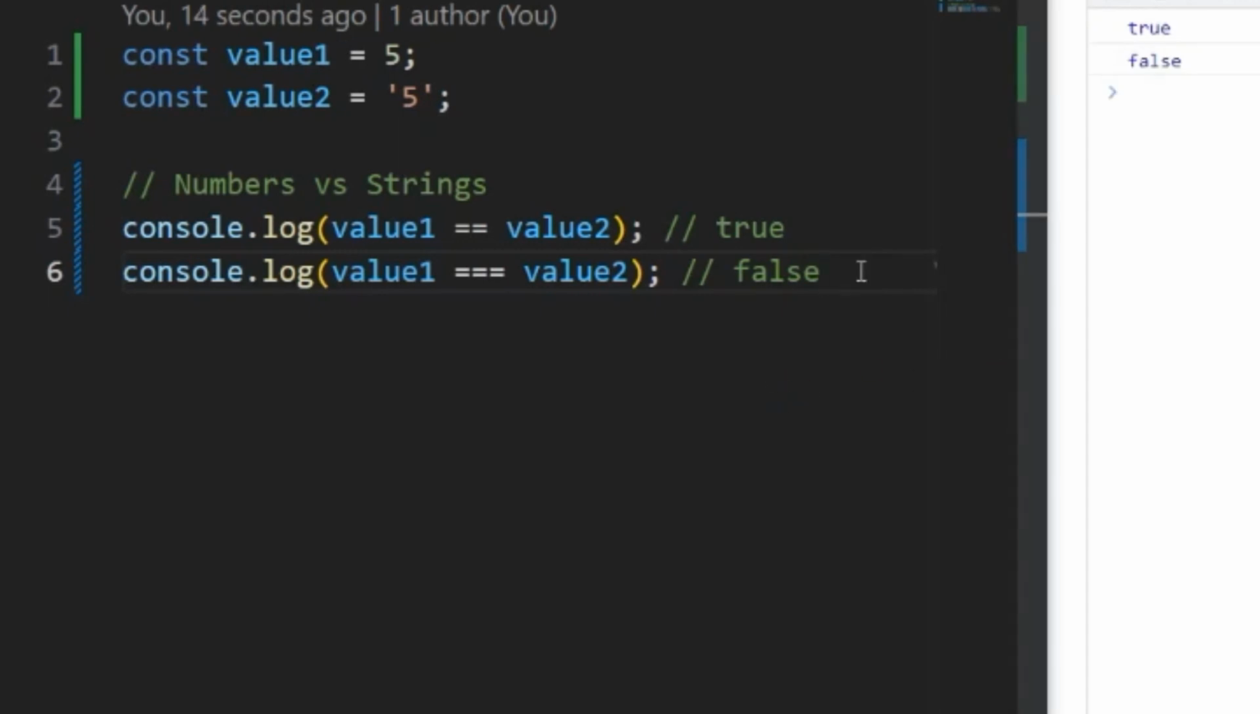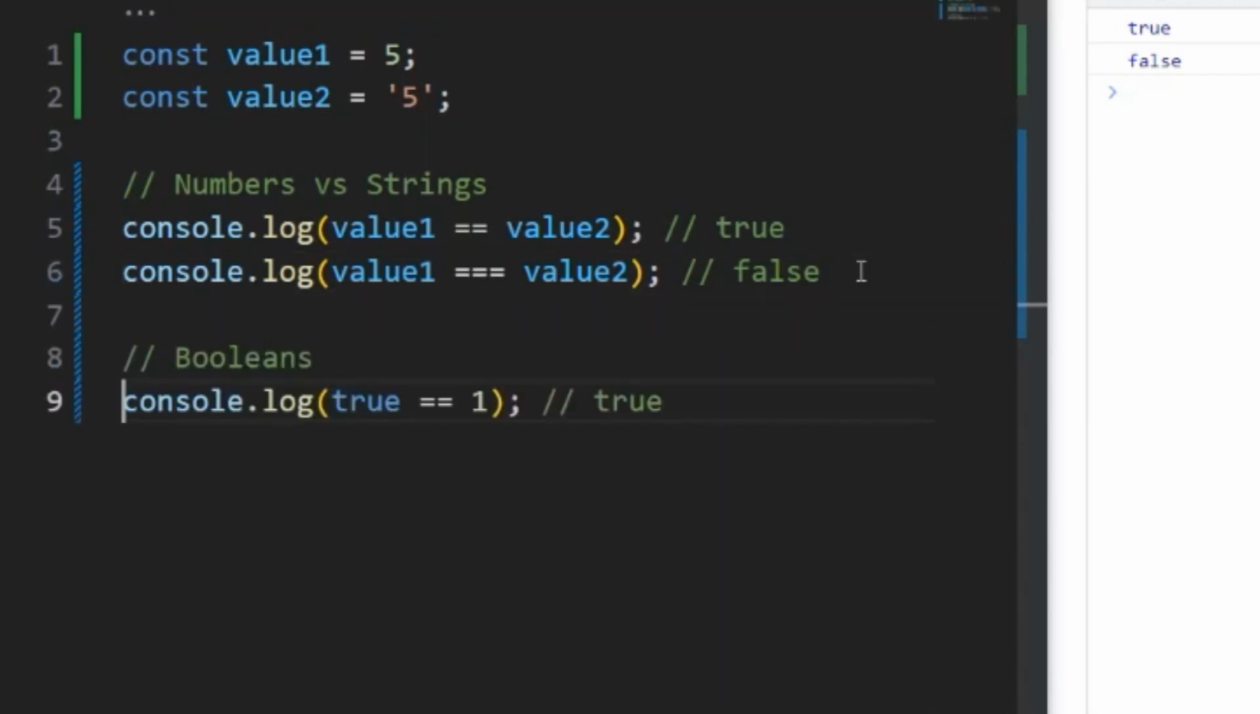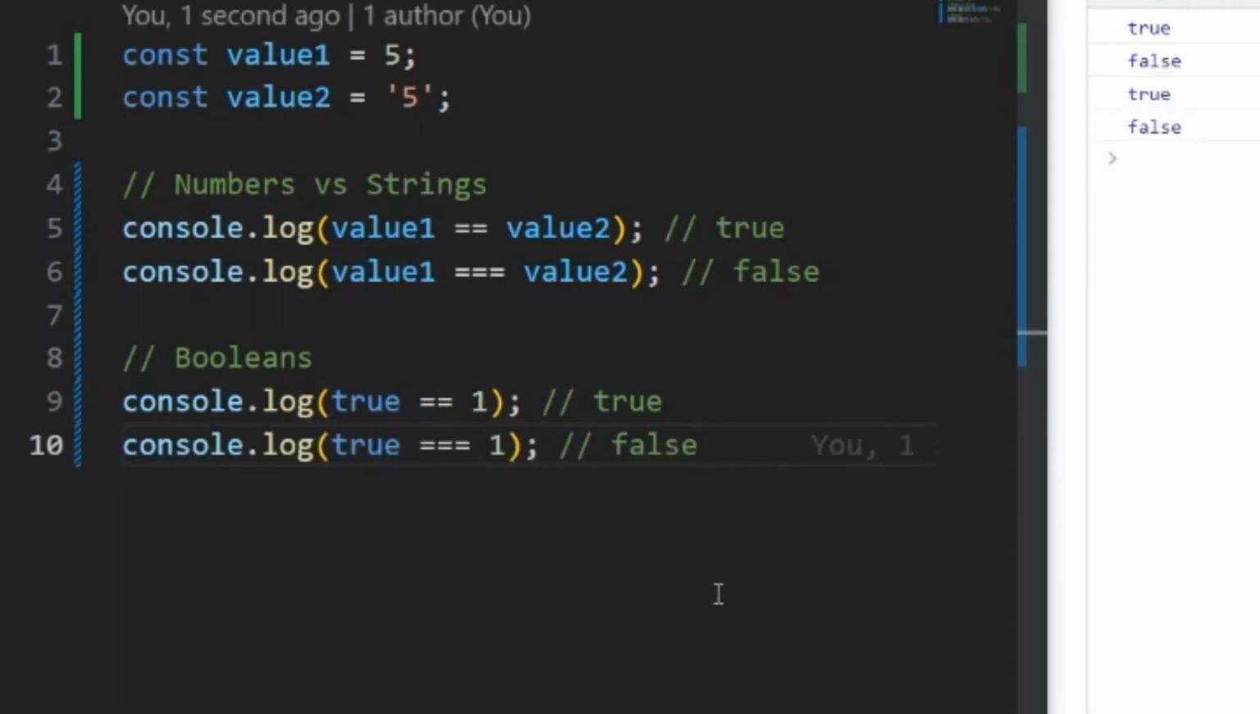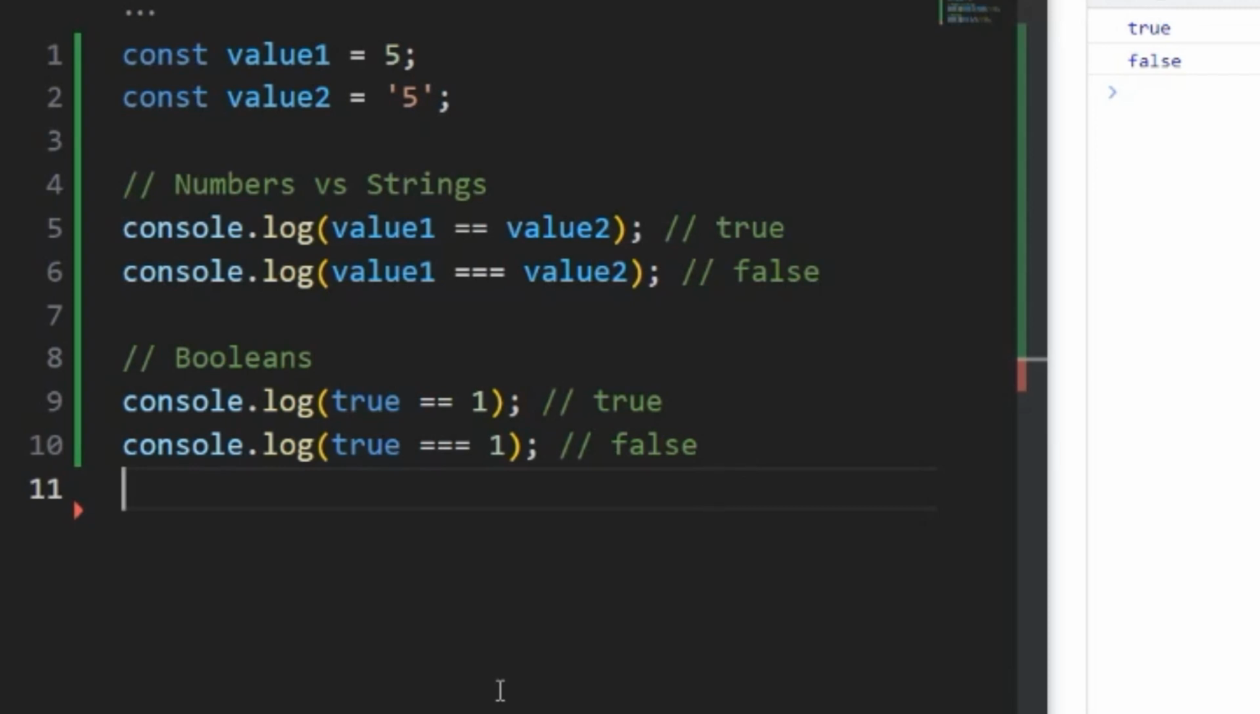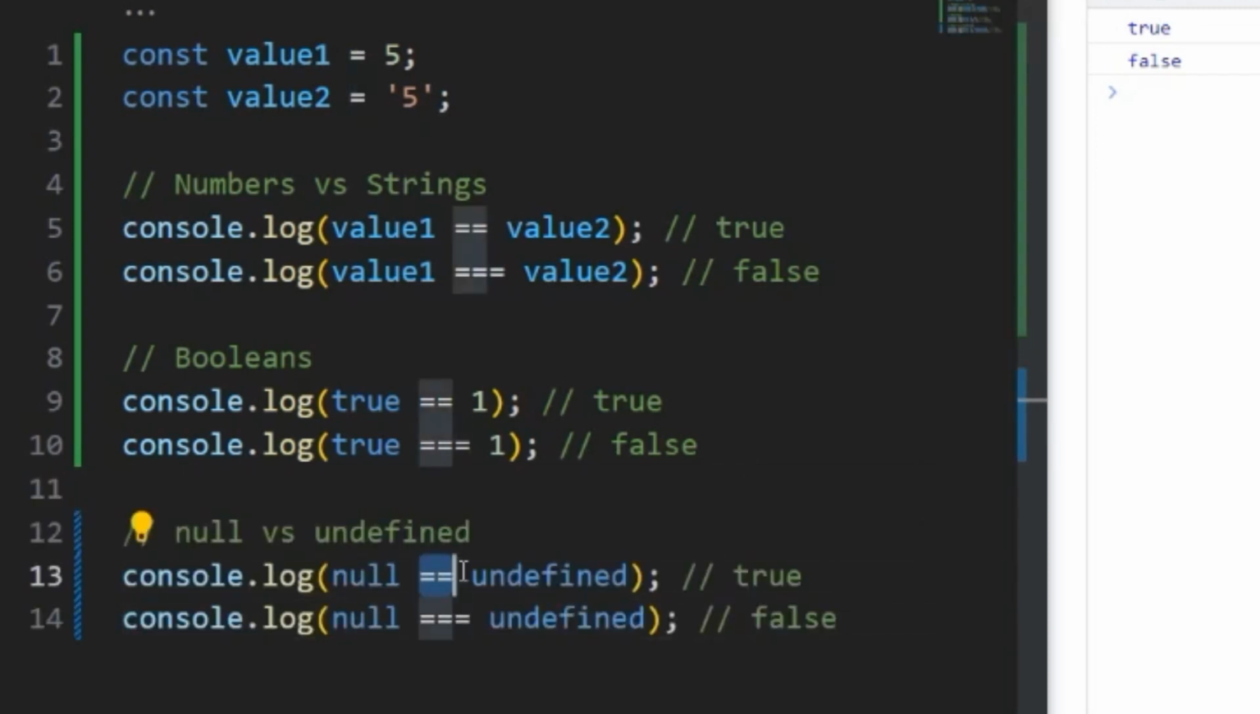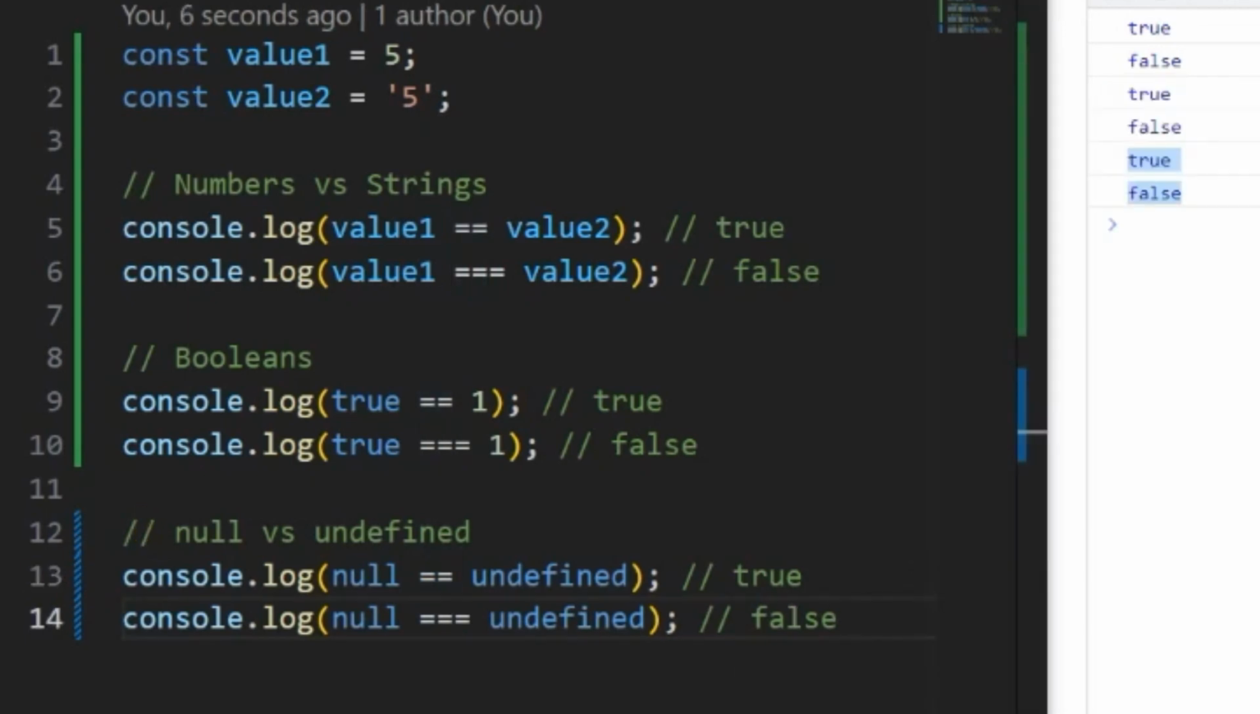Alright, now let's console log and see what difference it makes when we are using equality operators for booleans. In case of double equals, we will see true, and in case of triple equals, we will see false. Let's save it and see. Alright, and the last one is null and undefined. In case of double equals, it will be true, and triple equals, it will be false. Alright, that is pretty much